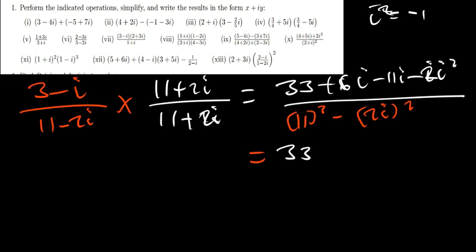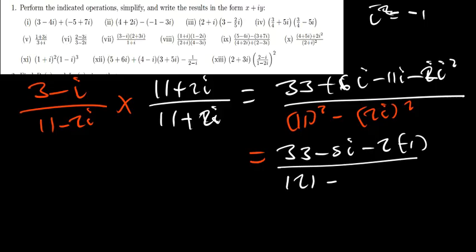33, then 6i minus 11i, that should be negative 5i. Then this is negative 2, but i is squared, so I'll replace i squared with negative 1. The bottom part, 11 times 11 is 121. Then here I have 4i squared. I squared can be replaced with negative 1, and this becomes plus, so I'll have 33 plus 2, which is 35,